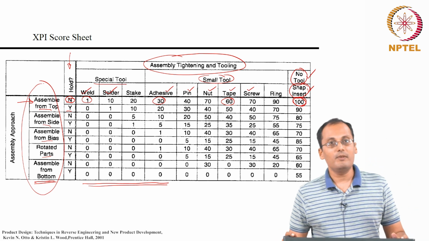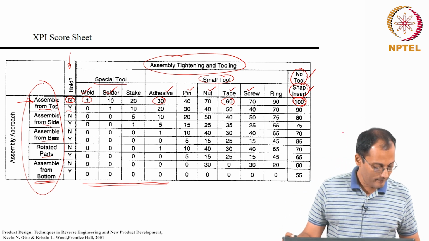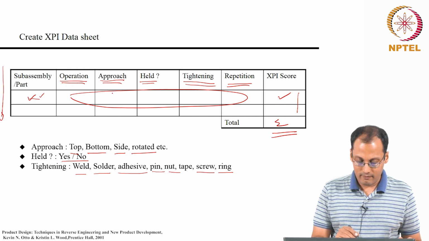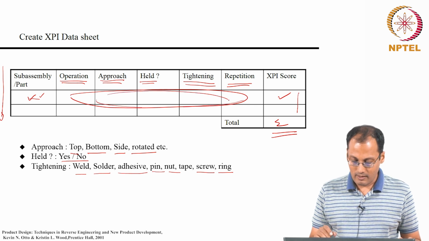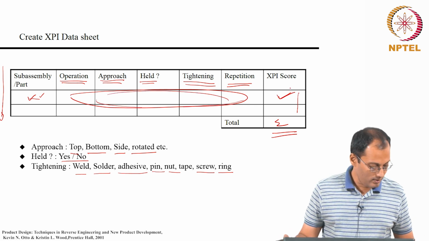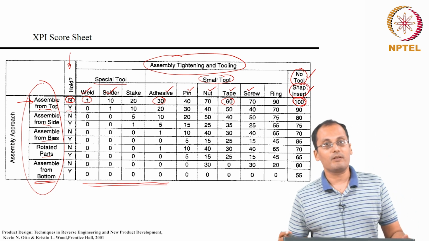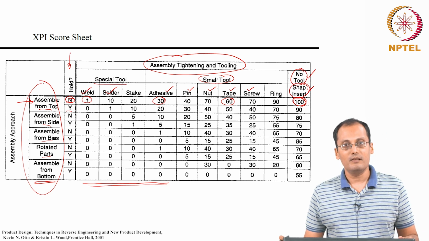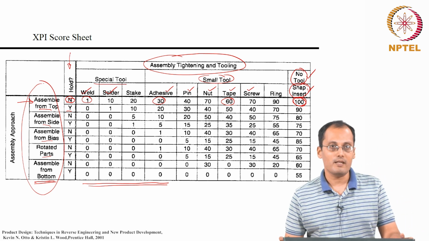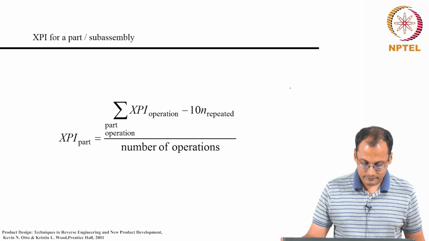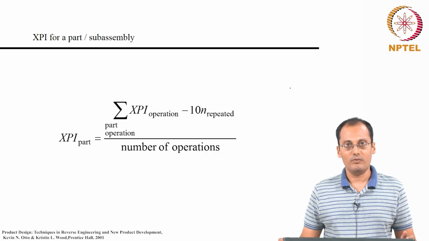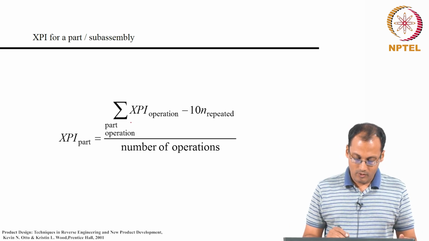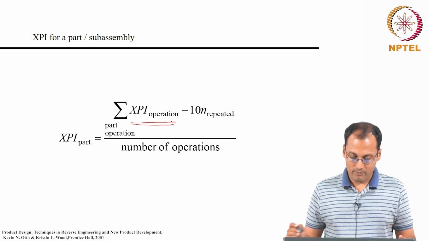So, this table is used once I prepare the XPI data sheet corresponding to each part. When I have captured the attributes, I put this XPI score by pulling up the number from this data sheet, and I complete that table to arrive at the total XPI score. So, for this example we will see how we compute it, and once we have the score, the total XPI score is obtained,